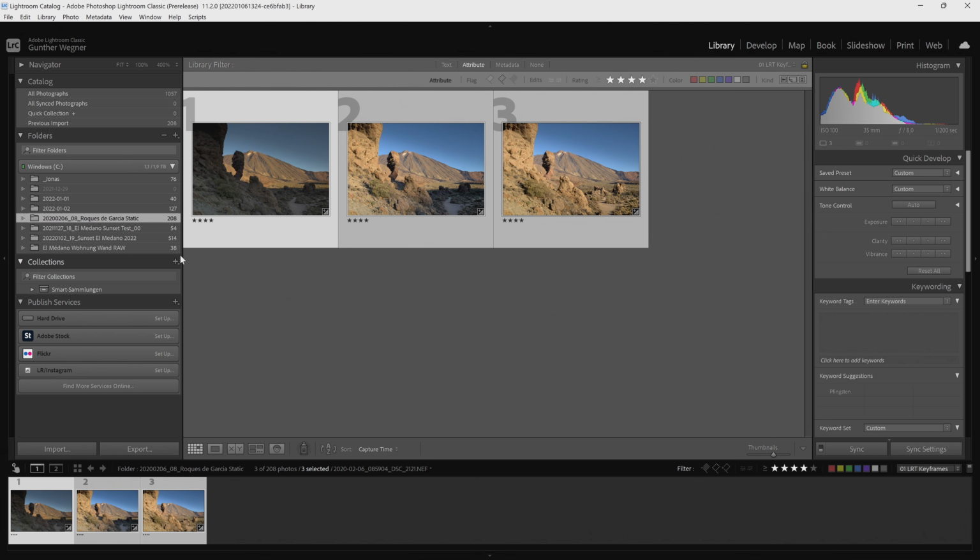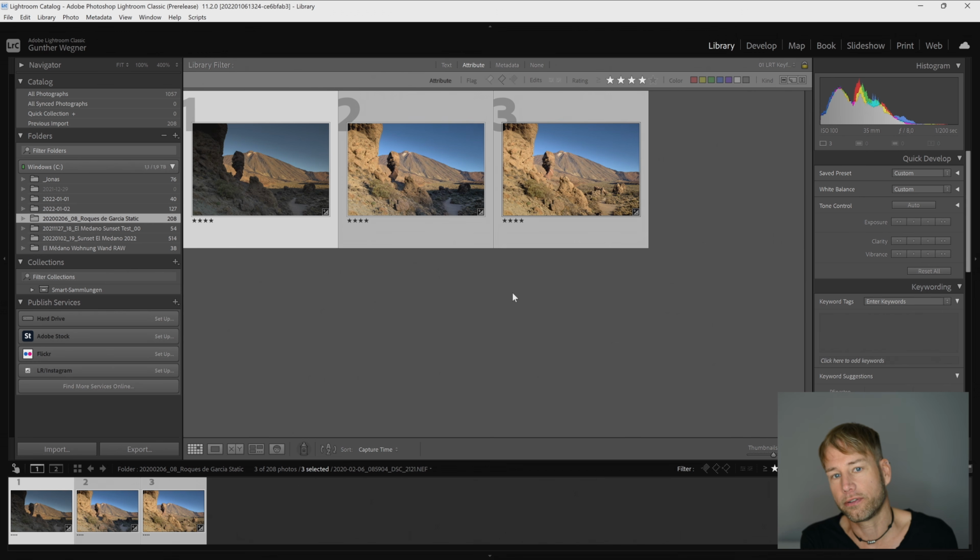It's important that you do this from grid view, because if you do it from Develop, you won't save the metadata for all files, even if all files are selected. That's a nasty little thing in Lightroom, so that's really important. Go to Library before doing the save or read metadata operations. So now we saved those interface files for LRTimelapse, and we can go back to LRTimelapse